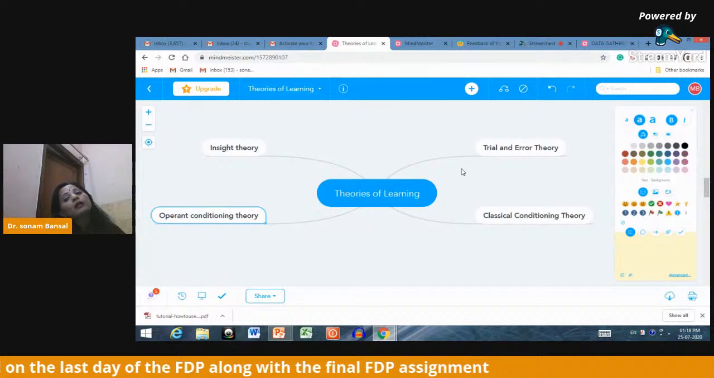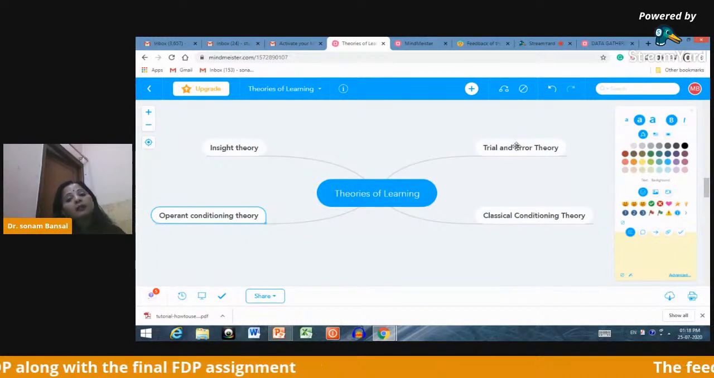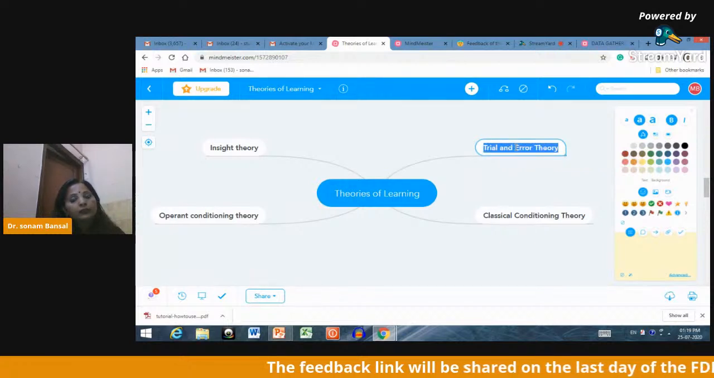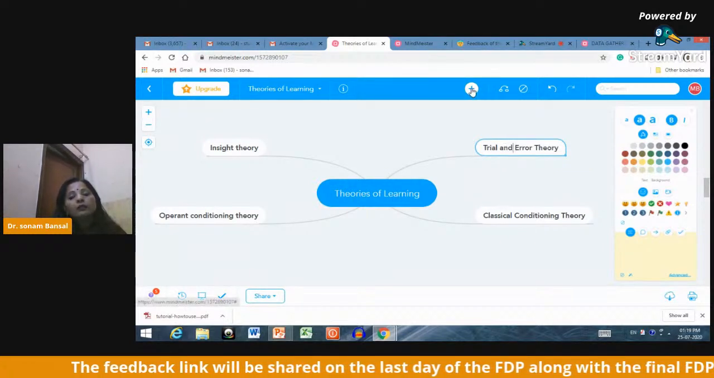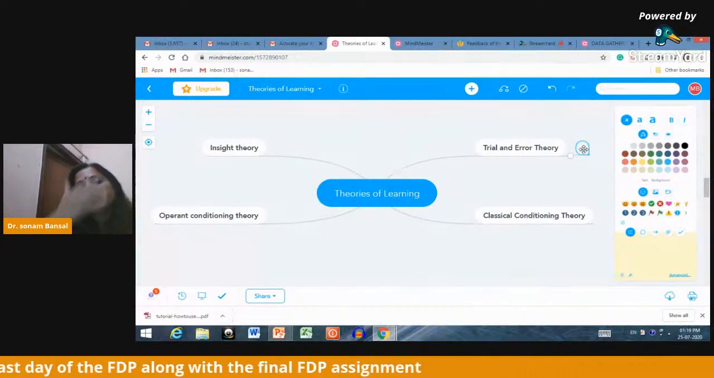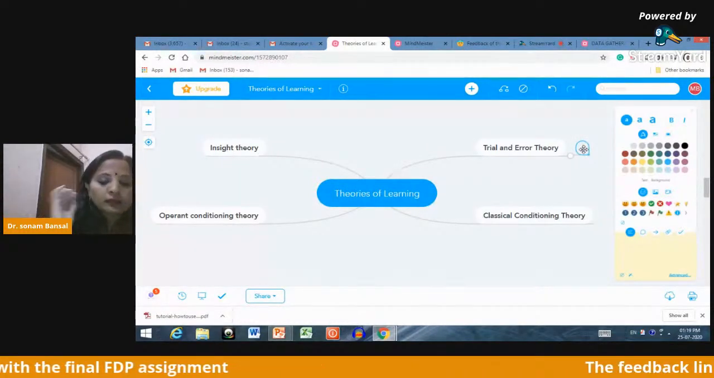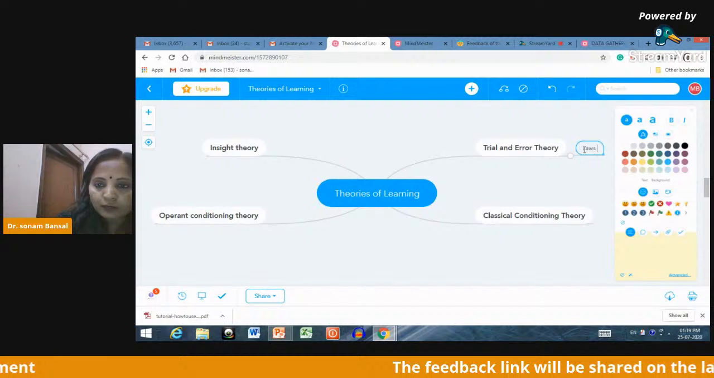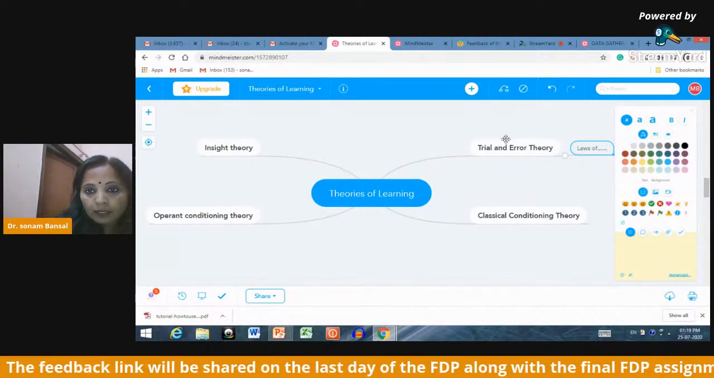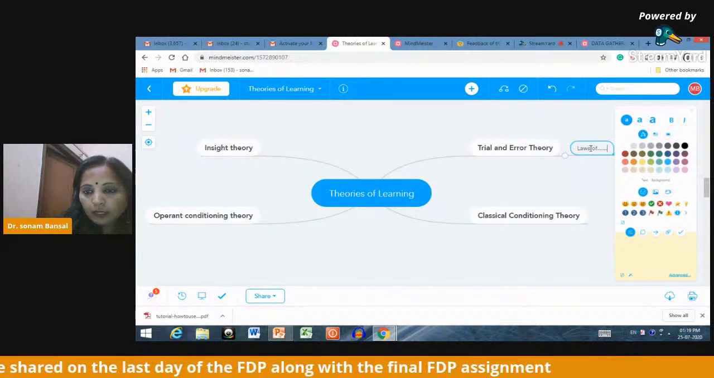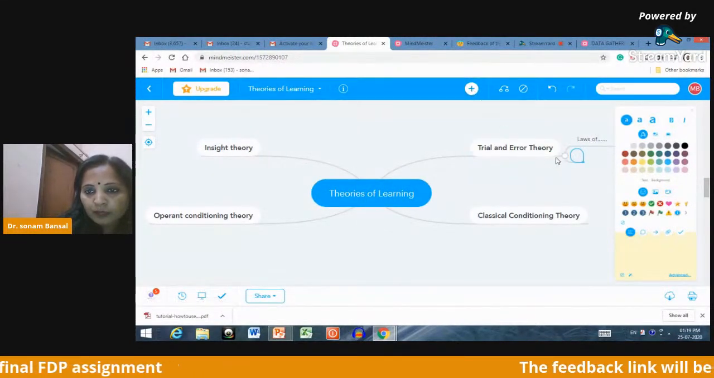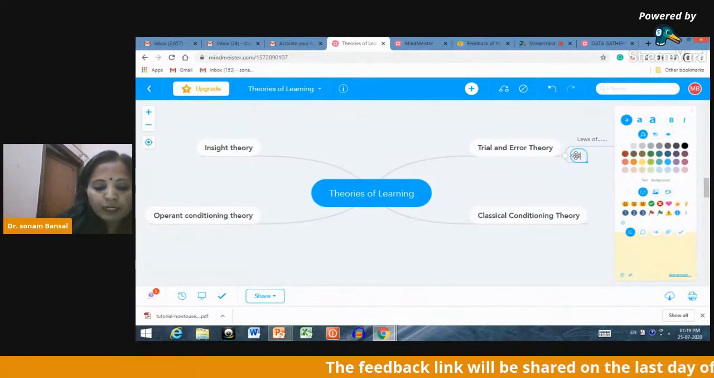Now, if you want to add more subtopics in this sub-concept, trial and error theory, you have to click on trial and error theory, this sub-concept. You have to click on the plus icon. Save. The sub branch will enter here. Means I'm writing here laws of this theory. Whatever you want to write further. I'm clicking here on again trial and error theory. I'm adding one more sub-concept, that is experiment